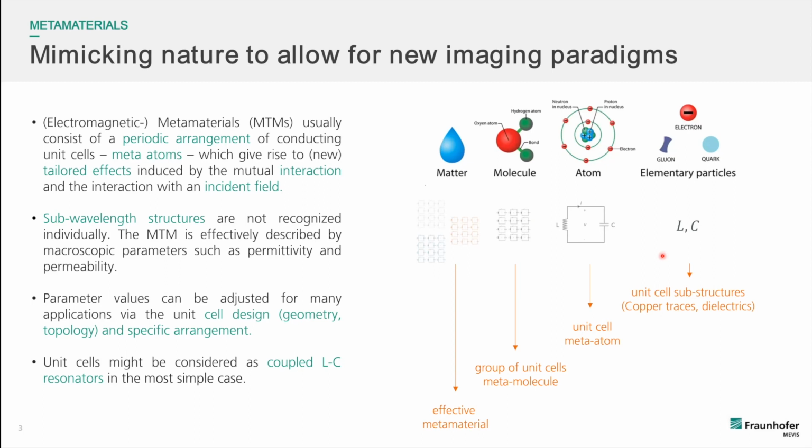And since we are talking about magnetic resonance imaging, where we have a wavelength on the order of a meter or slightly below in the human body, our structures do not have to be too small to not be recognized as individual structures